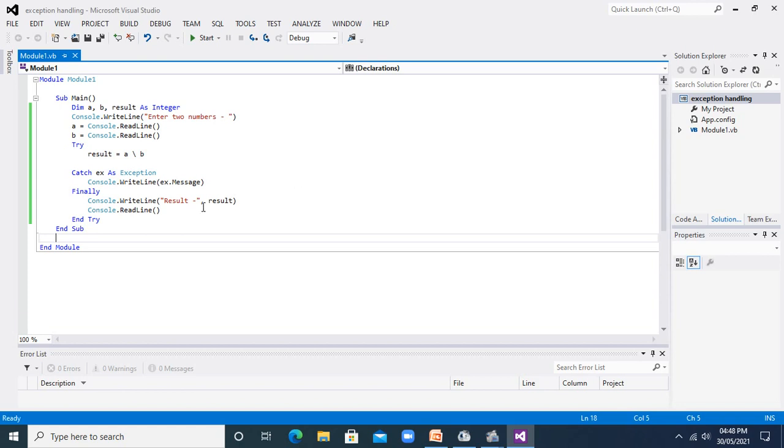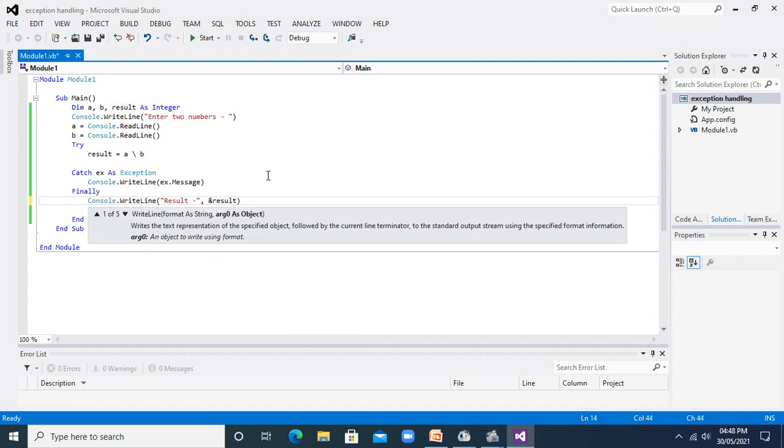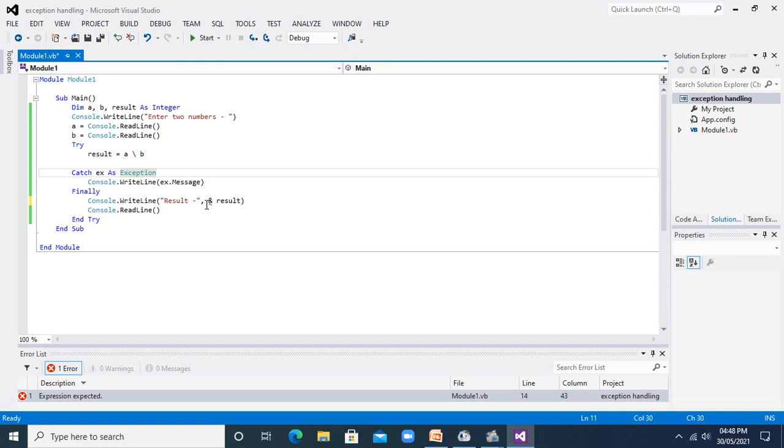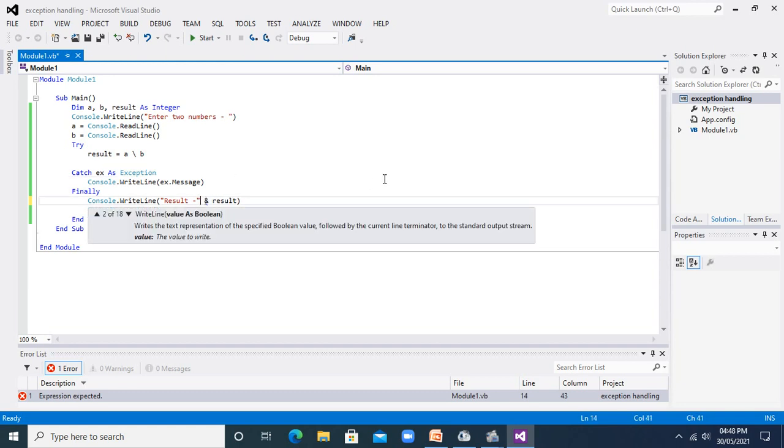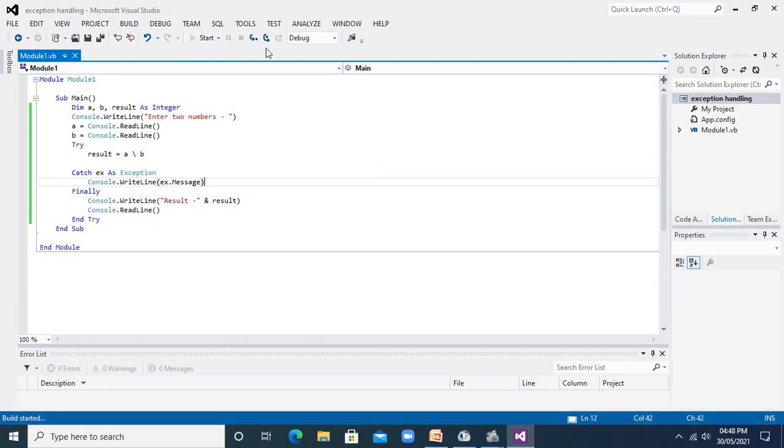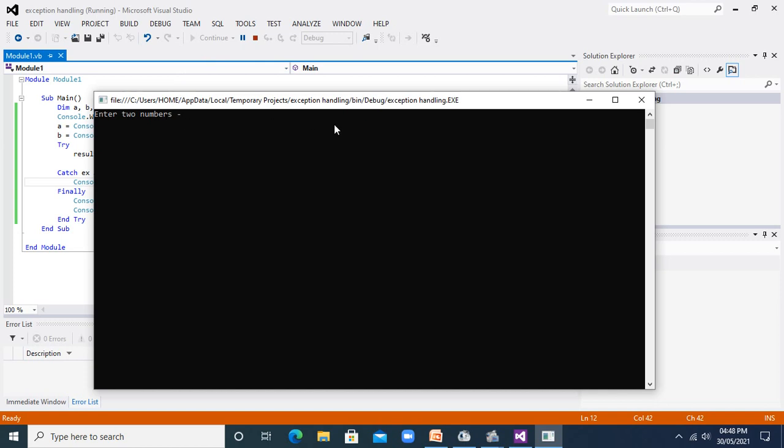So why it is not displaying, I will check that. I will write an ampersand here, so that it will give me my result. So it will give the value and it will give me the result. The remainder it will not display for us.